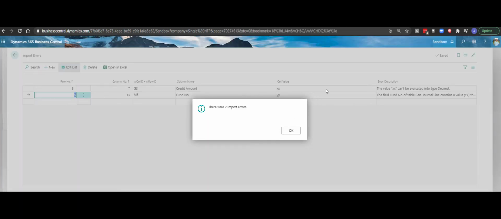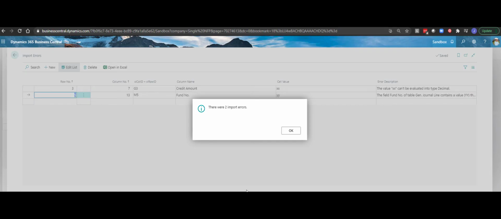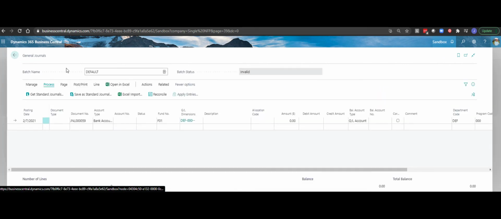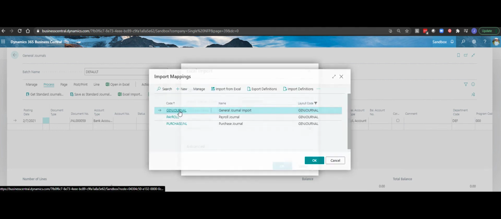So the value XX can't be valued into decimal because if you'll recall, I put XX as a credit amount, and of course, Business Central would not enjoy trying to put an alpha into a decimal field. We go back in here, we would then be able to clean up our workbook, restart our import, and this time I'm going to go ahead and pick the